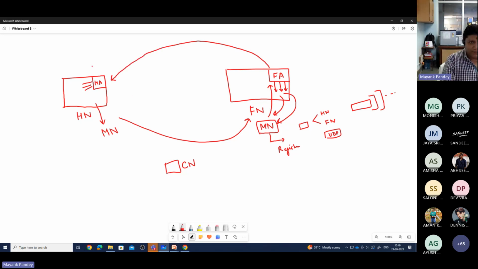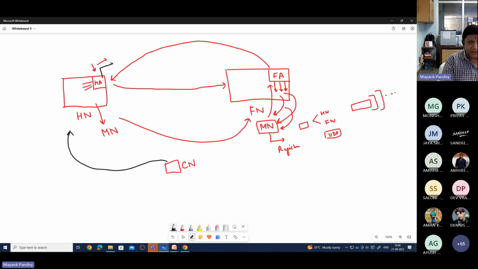The home agent will register this mobile node as it has moved out, will make the changes in the database and the routing table, and then replies back that registration is complete. Now the mobile node knows that it is registered to the foreign network. Now afterwards, if a correspondent node sends any packet to the mobile node,